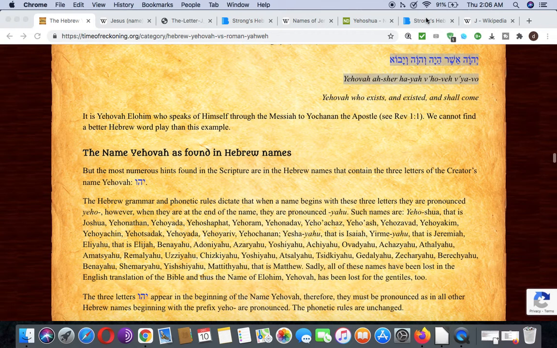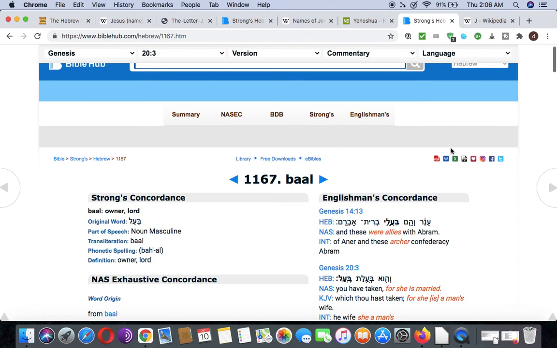Concordance, right? So we're going to go to Strong's, we're going to go to Bible Hub. See here, Baal. This is Bible Hub, which actually gives meanings of words in the Bible. This is not some rinky-dinky website. See what it says here? Baal again means owner, Lord. And that's what we use here when we're referring to the Most High,